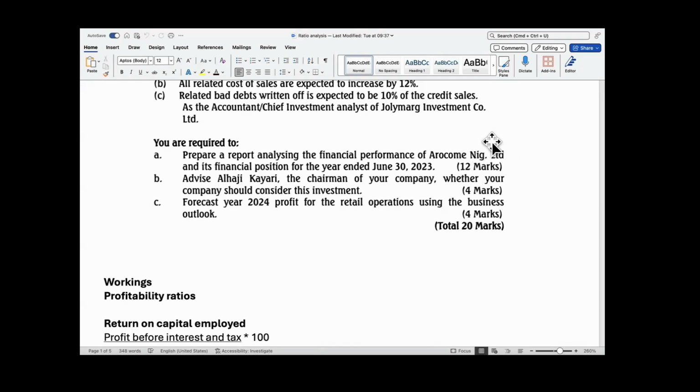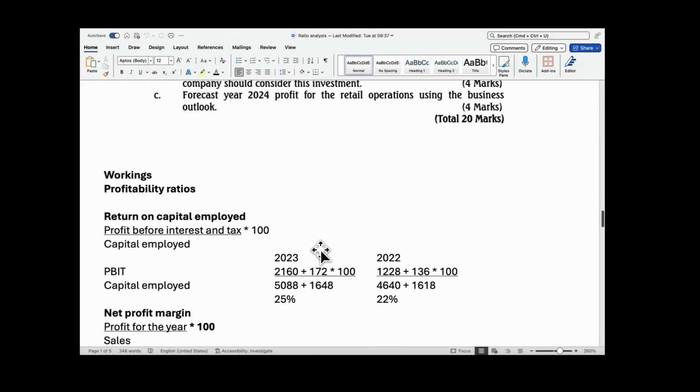The most part of this mark will be on the analysis. In fact, if you check the previous diets, the diet before this one and the upper one, they were giving you the ratios and they will ask you to analyze. So the core is the analysis. And that is what we're going to run through today, because good enough, we already